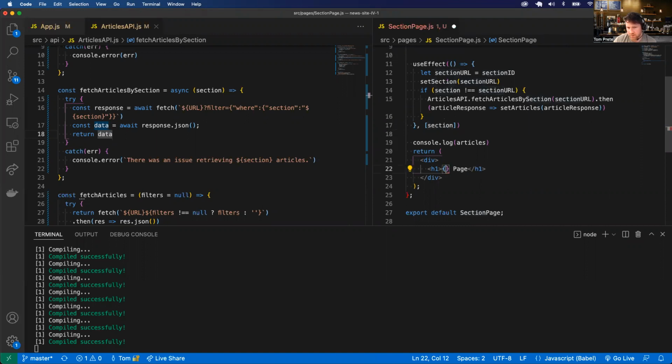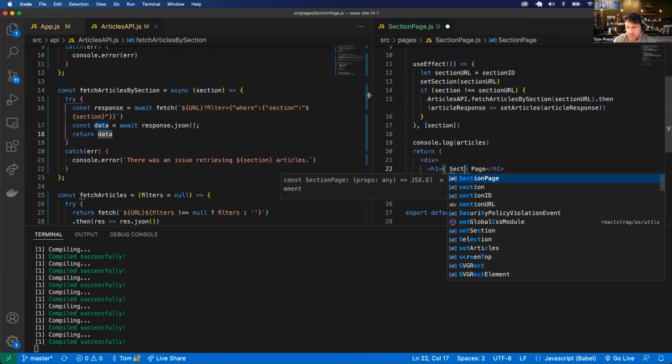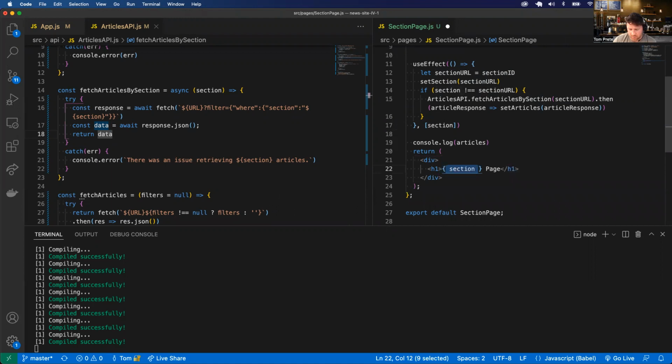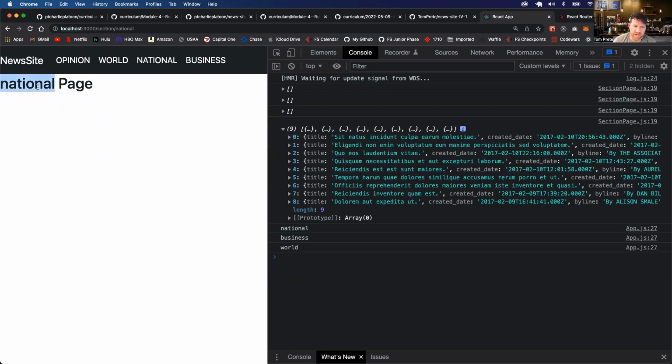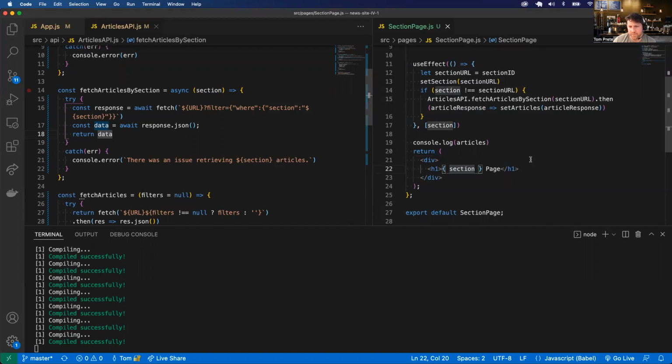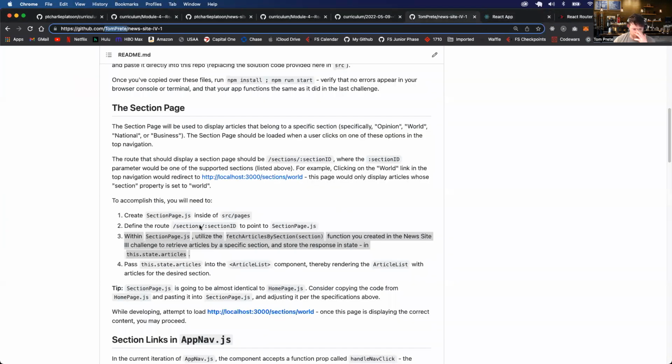Section. Just want to see if I can. So national page. There we go. That's fine. So I'm getting that. So this will display the national page. I can even, so section page. And now let's go to